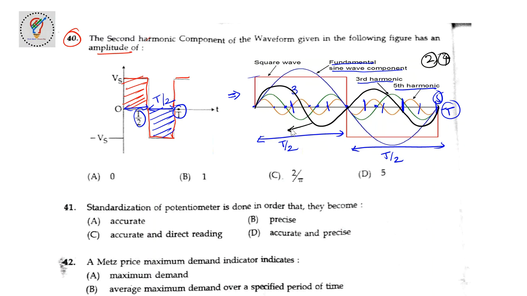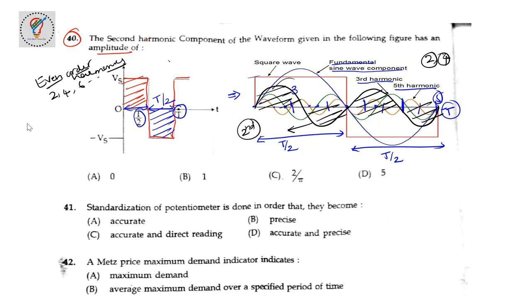So this is what they are asking: what about the second order harmonic component? For the second order harmonic component, the average value is going to be 0 here. Observe here, the positive equals the negative half cycle. So both the positive average value and negative average value are going to be cancelled, so the second order harmonic, fourth order, or 6, we can call even order harmonics. So these even order harmonics are absent in this waveform here.